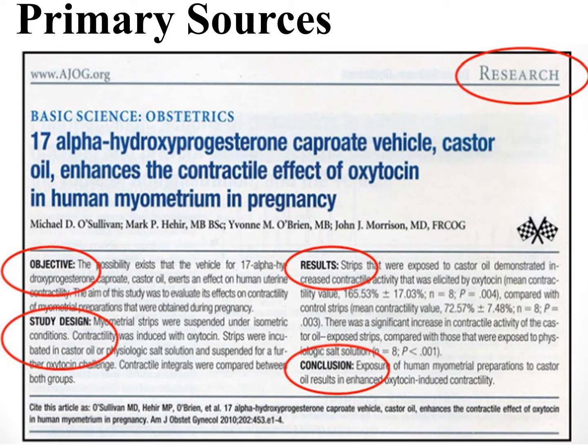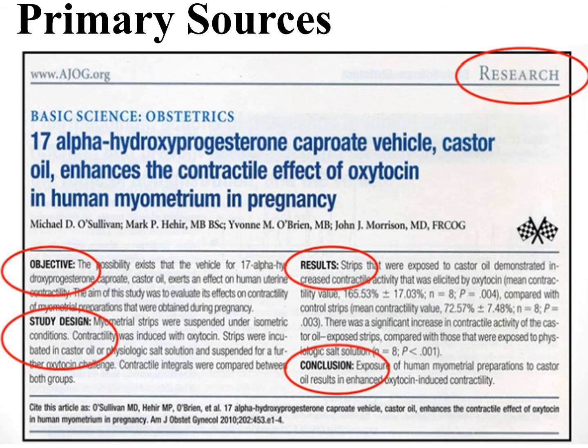I talked some about primary sources in one of the other tutorials, but I wanted to mention primary sources here briefly in order to help you learn to distinguish them from other source types, including secondary sources and opinion articles. Remember that in the primary sources tutorial, I talked about keywords to look for to help verify if an article is a primary source or not. Those words are objective, methods, subject, data, results, discussion, and conclusion. This is not conclusive proof that an article is a primary source, however.